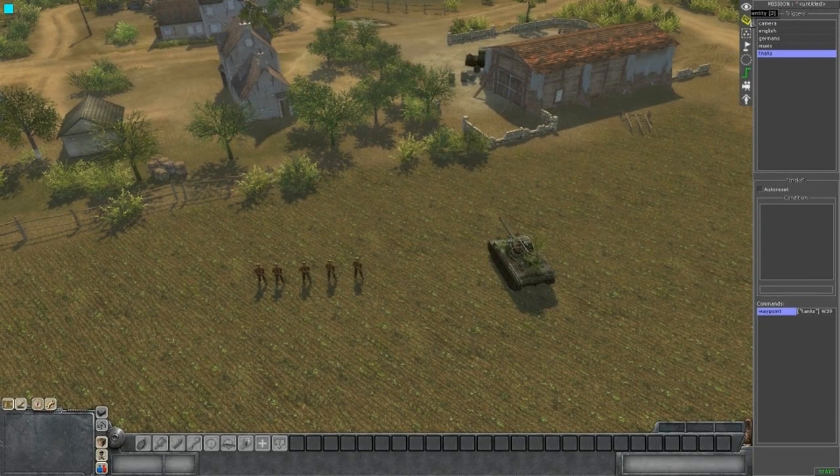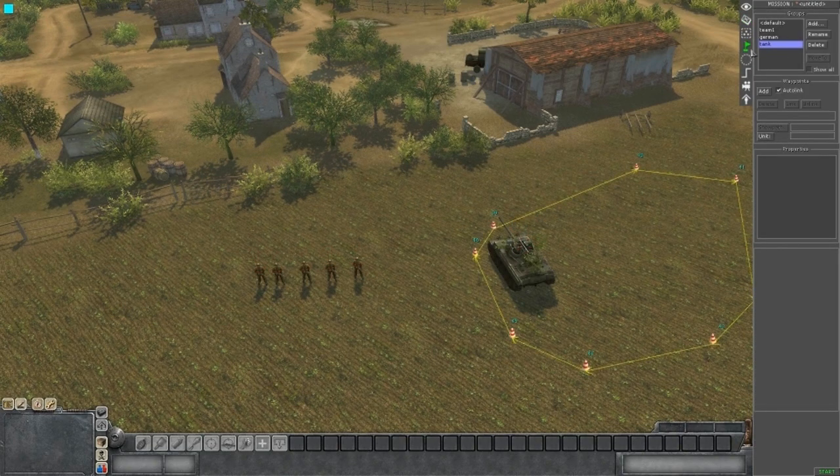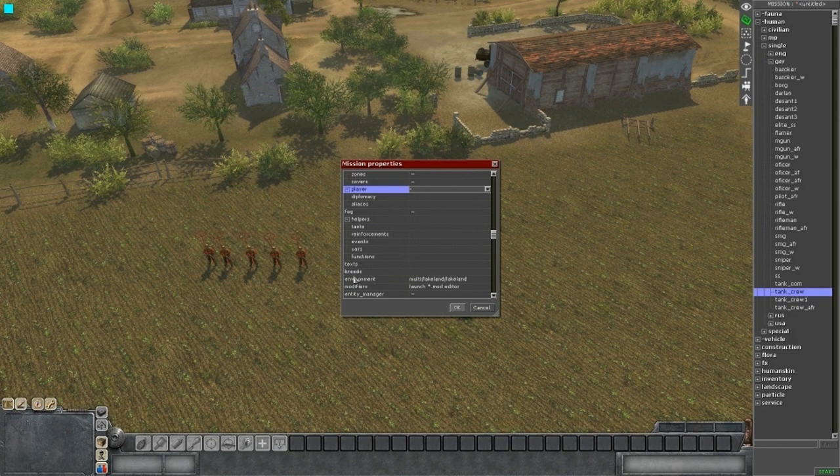So where is the cover? Diplomatics or something it's called. Diplomacy. That's what we're looking for. Looking for diplomacy. And I can't damn well find it. Alright, so I found it, guys. So if you press F9, then these are the mission properties, and I can...